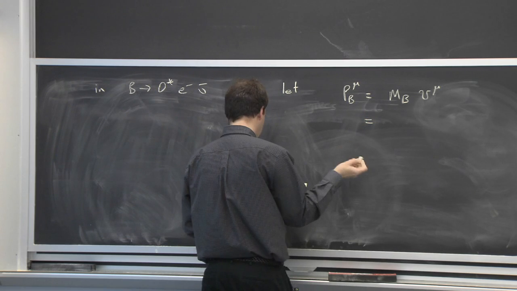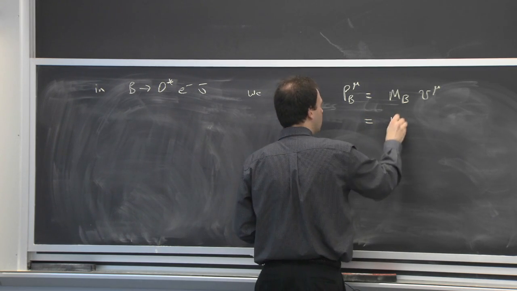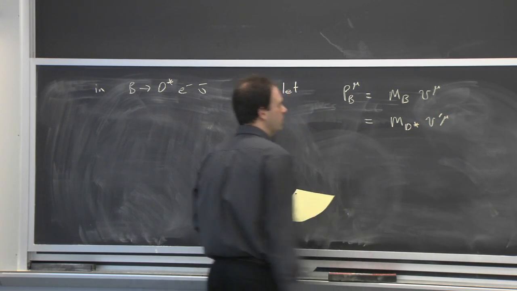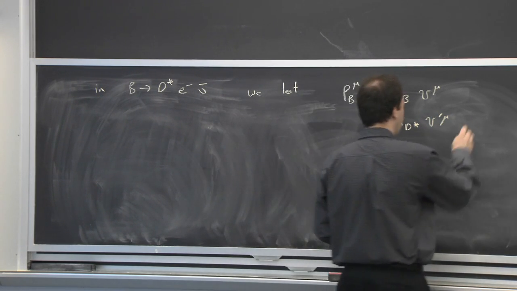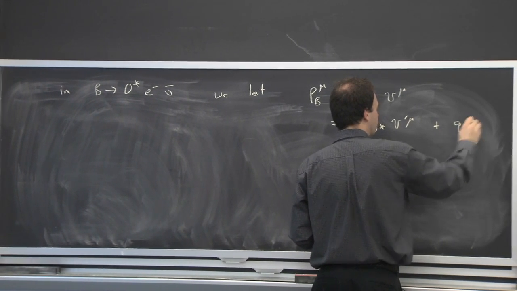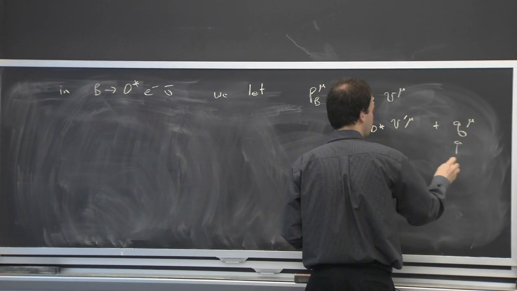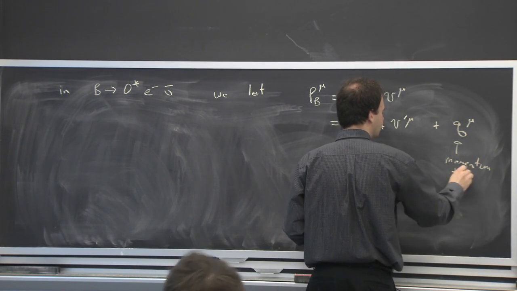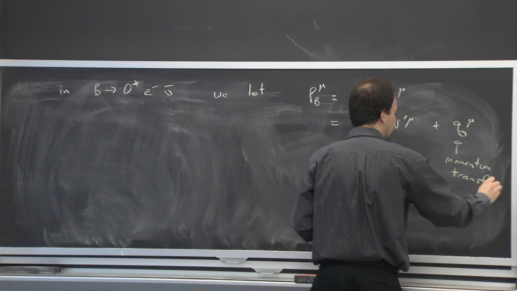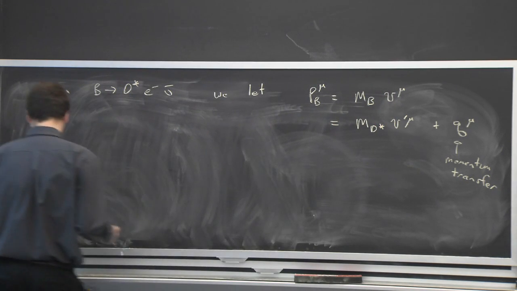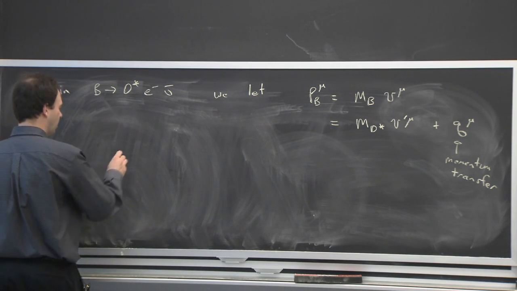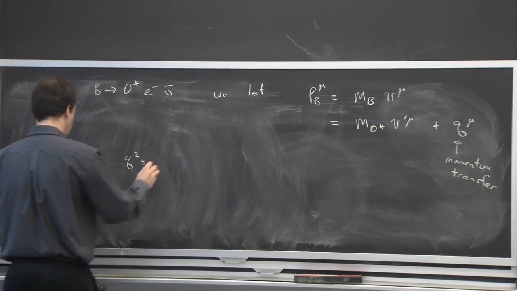And by momentum conservation, that's going to be the D star momentum, which we can take to be m_D star times v prime mu, plus some momentum transfer, which I call q. This is a different q than my loop momentum q. Sorry about that. Then we can take this relation and square it, and we can get v dot v prime. So if you look at q squared,